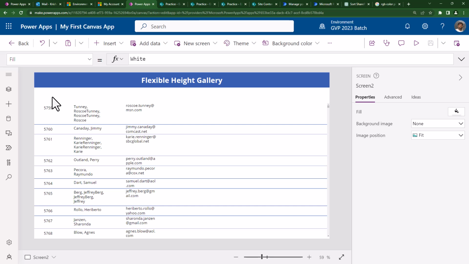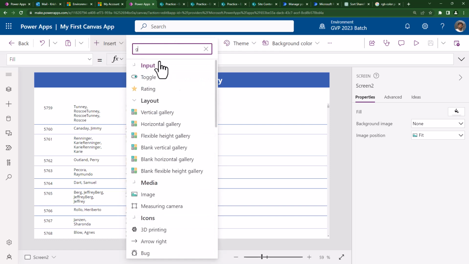You do not have a control to say column 3 has an additional width, column 1 is id, I do not want that much width as my description width, I want the smaller width. I cannot control the width of a control within a gallery. When you are adding a control in a gallery, the width will be common if it is one control. Okay, another very important property for gallery is